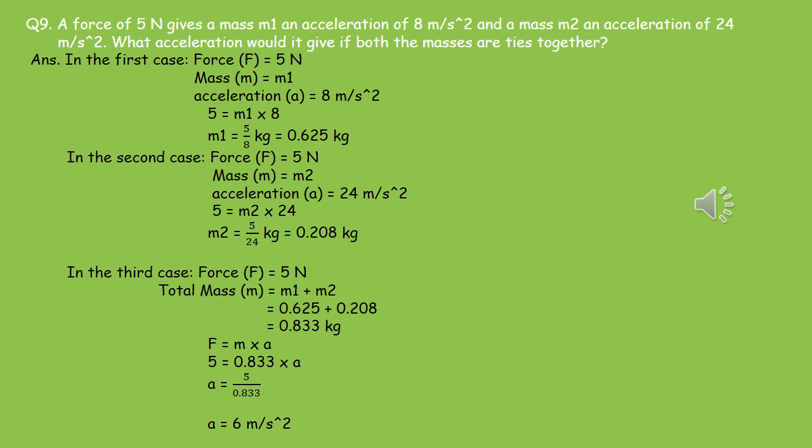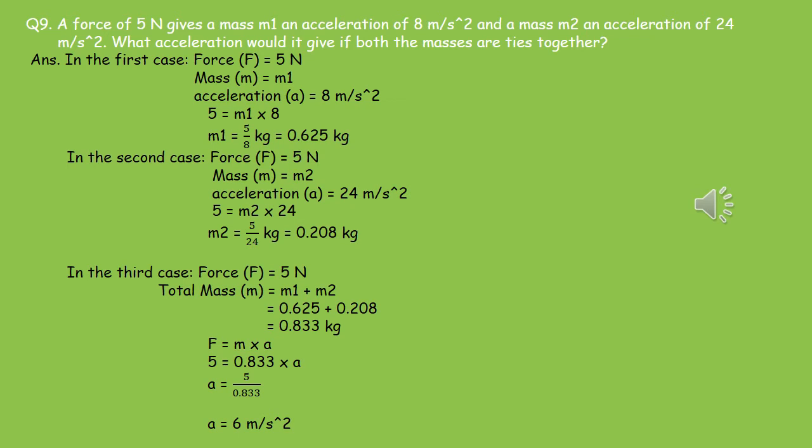So in first case, the force is equal to 5 Newton, mass m is equal to m1, and acceleration is 8 meter per second square. So as force is equal to mass into acceleration, 5 is equal to m1 into 8, and m1 is equal to 5 by 8 kg. We are converting it into decimal. You may not convert also, you can work with fraction if you are comfortable with. 0.625 kg,